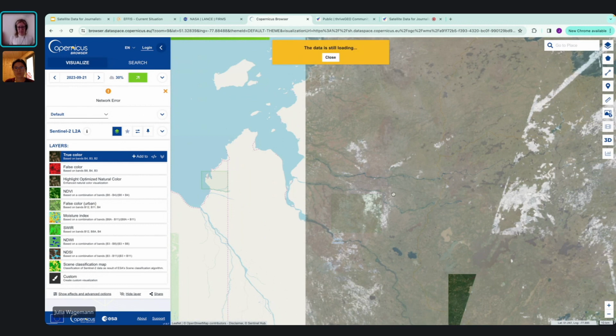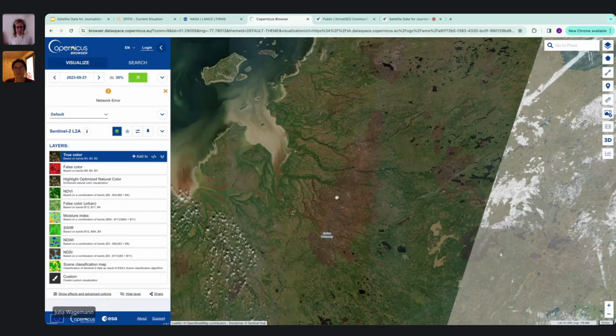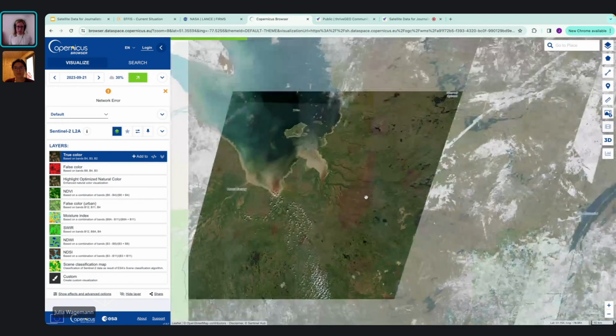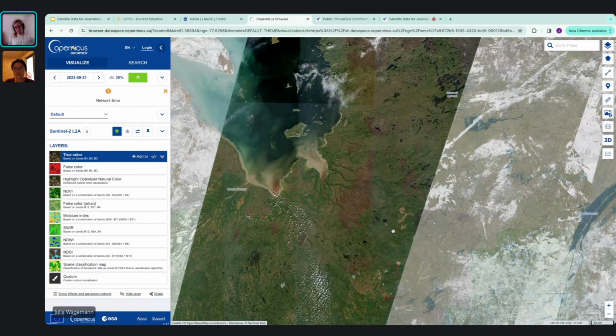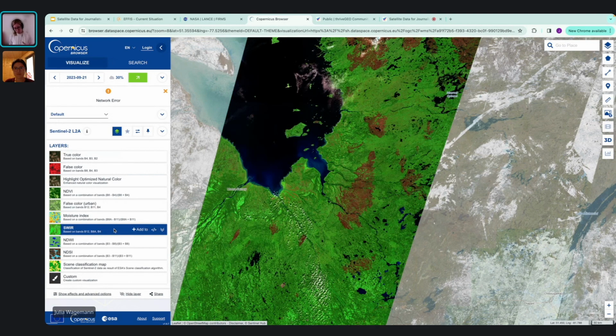it takes a bit. Okay. So we see here already in true color some brownish patches. There is a specific combination which is called SWIR, which stands for shortwave infrared, and this highlights burned areas more prominently.